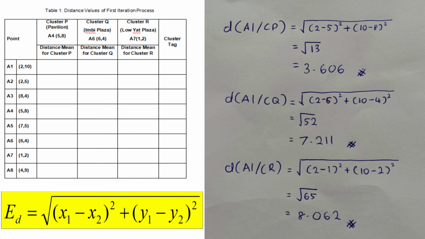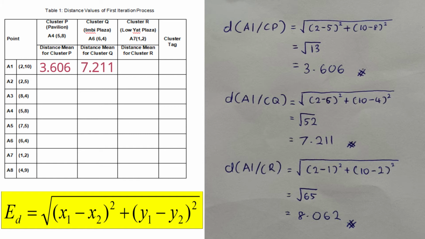So the calculation is square root of bracket 2 minus 5 power of 2 plus bracket 10 minus 8 power of 2, and we get square root of 13, and the answer is 3.606. So for the distance from A1 to cluster Q is square root of bracket 2 minus 6 power of 2 plus bracket 10 minus 4 power of 2, and we get square root of 52, and the answer is